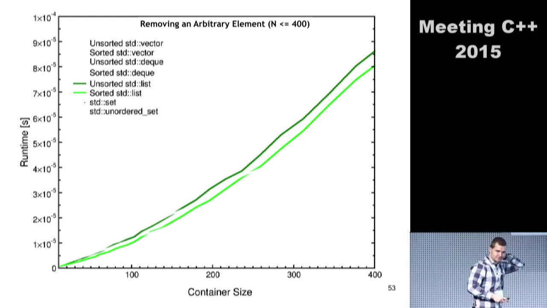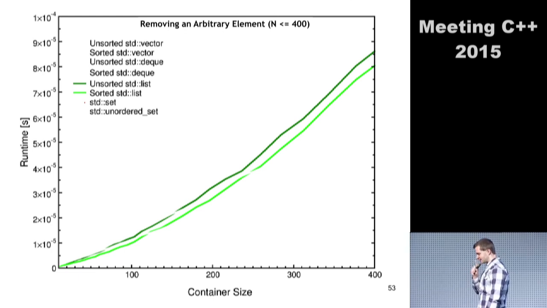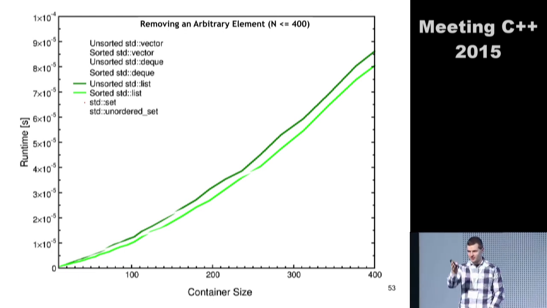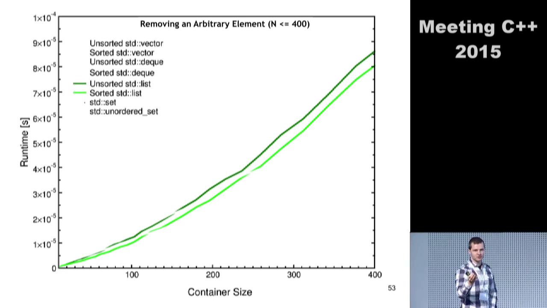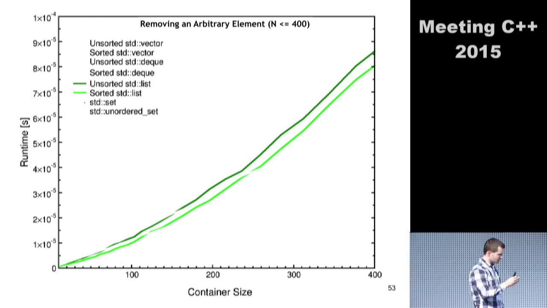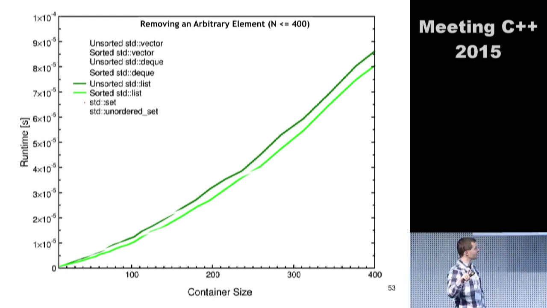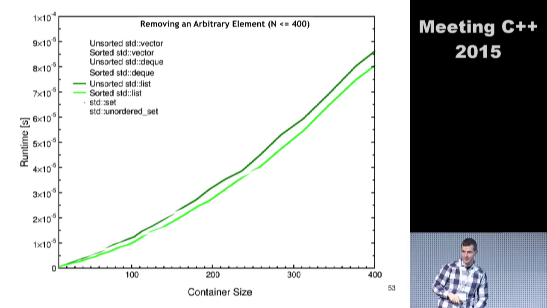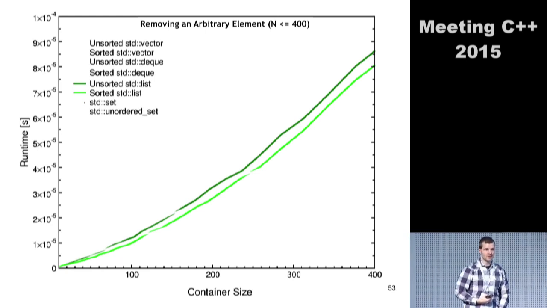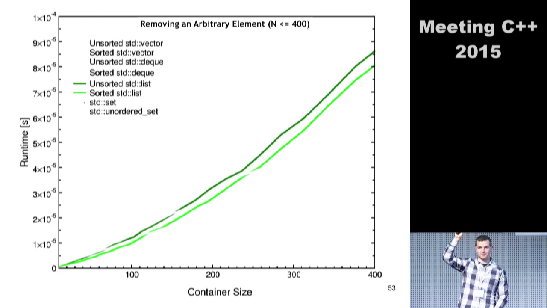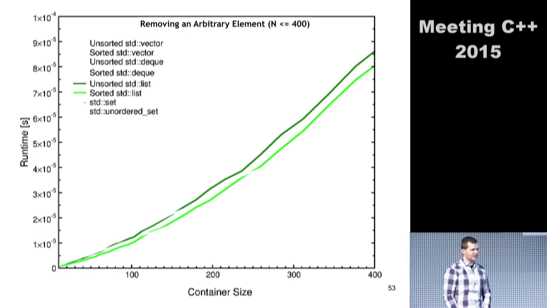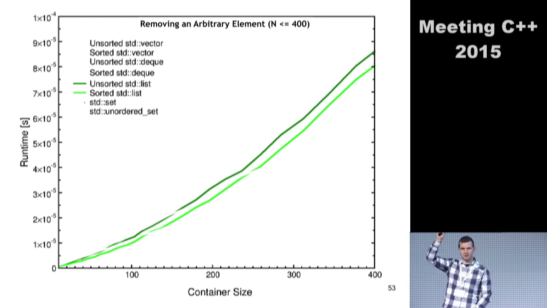A standard set. Would you think a set should actually perform better? As he stated, I have to find the element first. I cannot just randomly jump to a certain position and erase it. I have to find it first, and set was better in finding things. So doesn't this make a difference? What's your gut feeling? Better? Okay, about half. Basically the same performance. A few say it should perform worse. Okay, also a few.